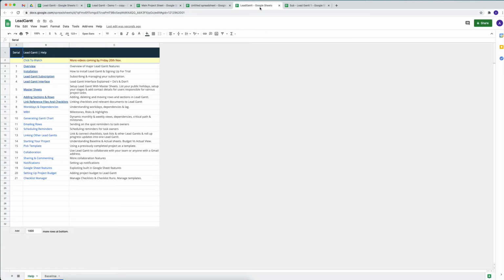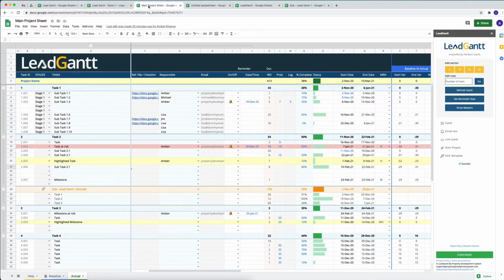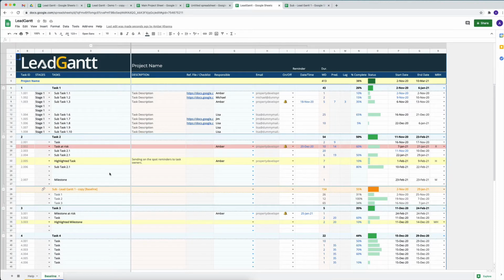So we can go back into our Lead Gantt, and we know that we've got our baseline right here. Now this baseline is based on the actual sheet that we had in our main project. So if I collapse all of that and quickly show you where the dates and stuff have come from, whatever details that we had in here would be the baseline for the new Lead Gantt that we just created. So it'll be exactly the same, exact same starting dates. There would be reminders in there that we had set up in the previous sheet, and that's how you can use